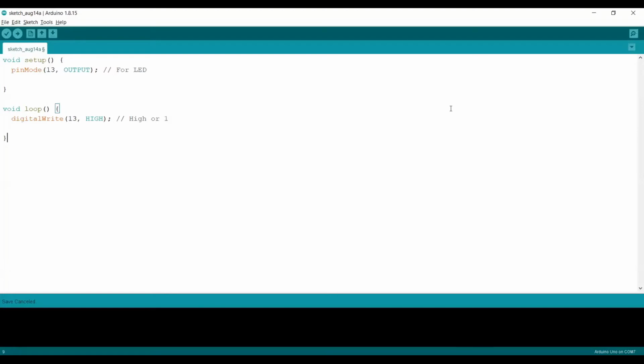So I have connected the LED to pin number 13. And now I will connect the Arduino via USB cable to my laptop so that I can upload the code, because the cable is the only way you will be able to upload the code to any of the Arduino boards. So let me just connect the cable and then we can upload the code to this board. And then this code will just turn on the LED automatically.